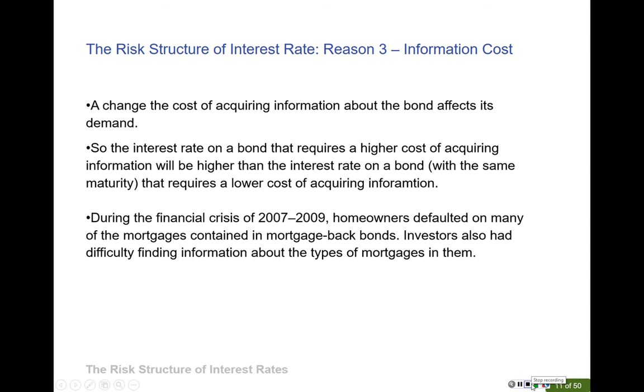So, risk structure of the interest rate. The number 3 reason is information cost. So how can the information cost lead to different interest rates? Let's look at the example here. Suppose there are two bonds with the same maturity, a 10-year bond